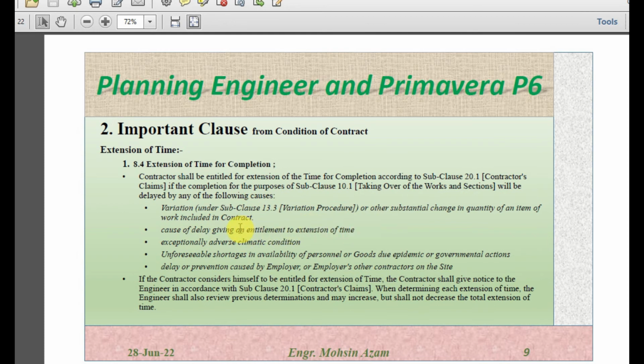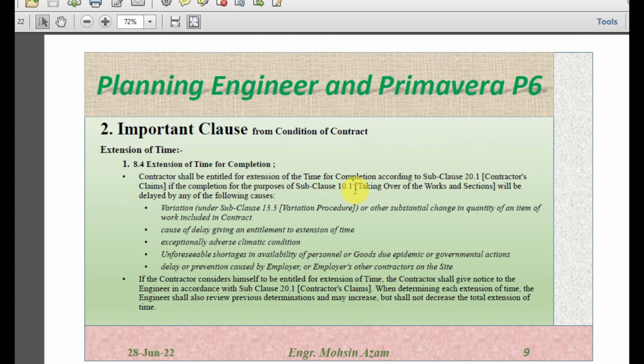Any delay from either the engineer or the client, for which the contractor is not liable, gives an extension of time. And exceptional adverse climate conditions, which we also discussed in delays: if there is an unforeseen physical condition or climate condition, an unforeseeable shortage of availability of personnel or goods due to pandemic or government action, or delay or prevention caused by the employer and the employer's other contractors on site. So the contractor will be entitled to the extension of time under subclause 20.1